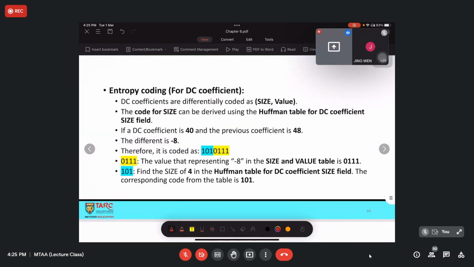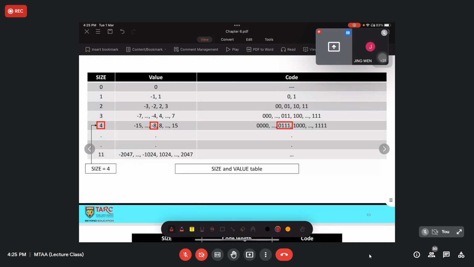We have different tables to record this one, I mean to learn this one. But the full table is not within the slides. So basically, if part of it is required, it would be given. For example, the value for -8 is this one. So you just need to retrieve the data from the simplified table.